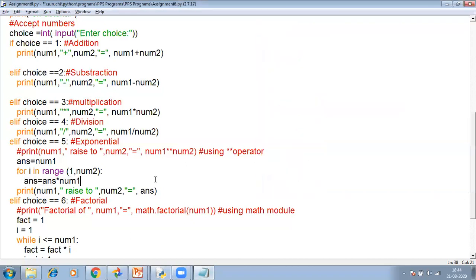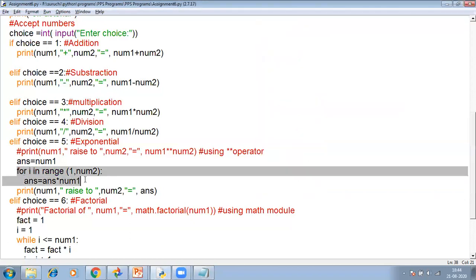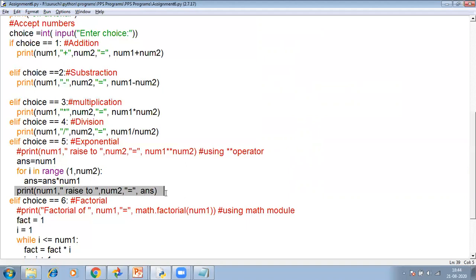I hope you are getting this. So this for loop is used to find exponential of a number. Outside the for loop, you can print the answer stating exponential of this number is equal to answer. The final answer is saved in this variable.